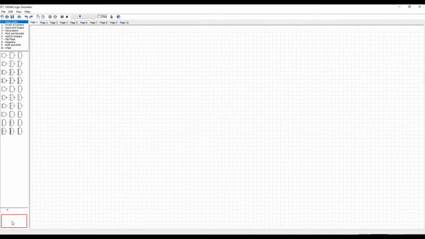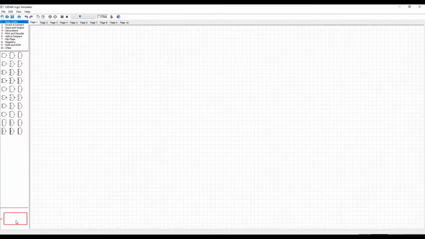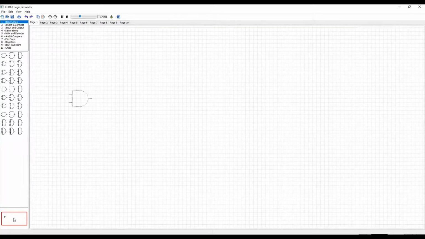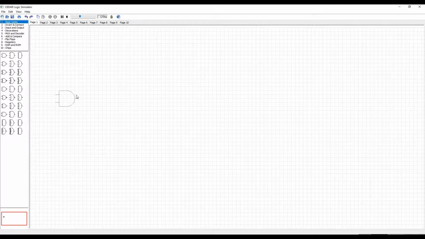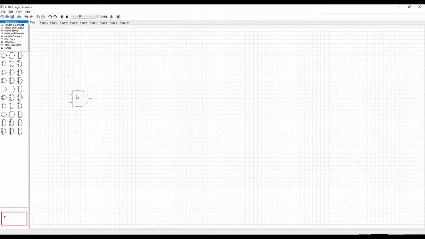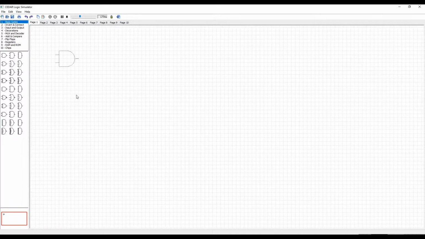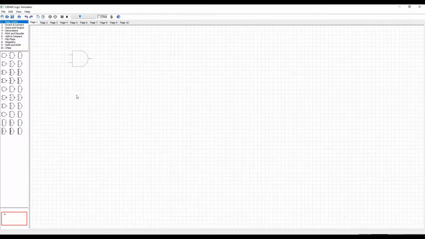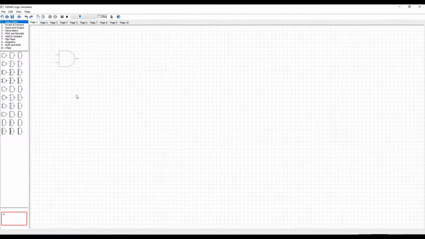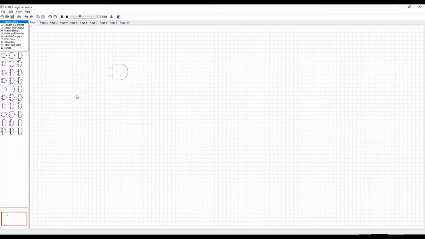Let's try to implement a simple circuit. When we are going to build a circuit, we have to get these components into our workspace. To do so, we can click on a component, drag and drop it here, and move it anywhere we want in this workspace.